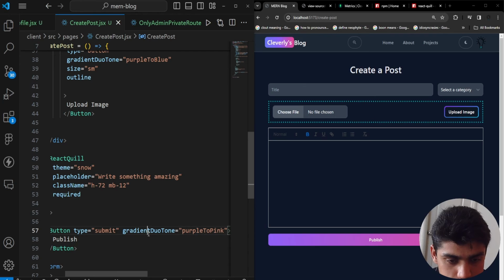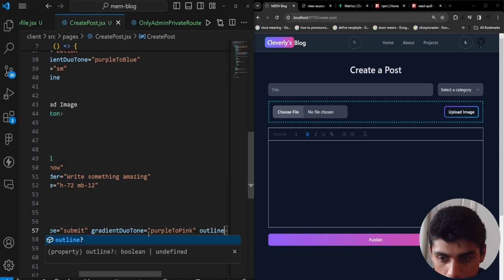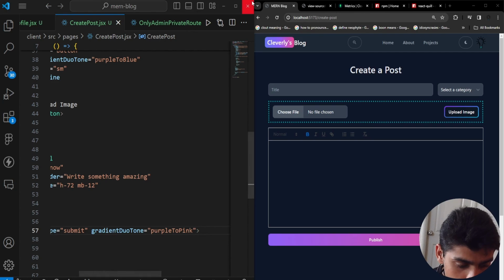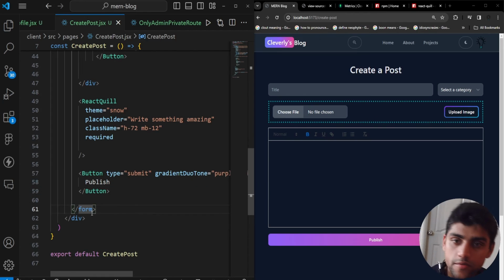Okay, you could also type in outline. This makes it like this. I mean, you would do that as well, but I'll just keep it without the outline. So essentially that's pretty much it with the UI. We have it responsive,